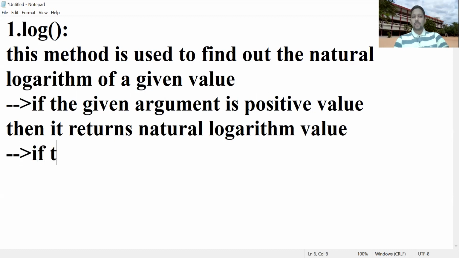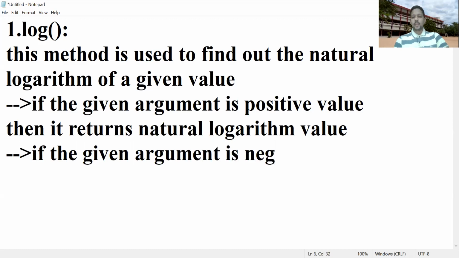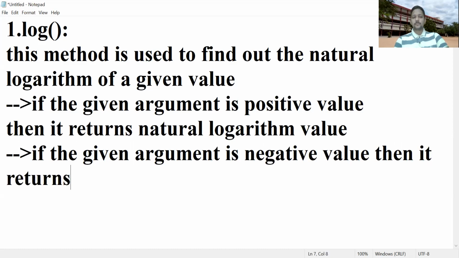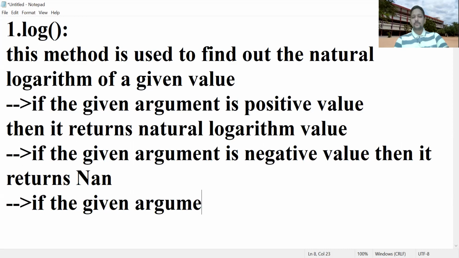If the given argument is a negative value, then it returns not a number. That means like this, not a number. If the given argument is not a number, then it returns not a number only.